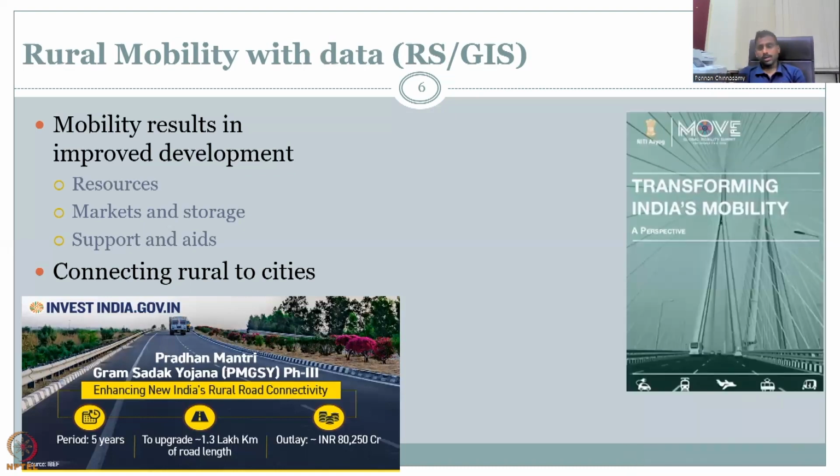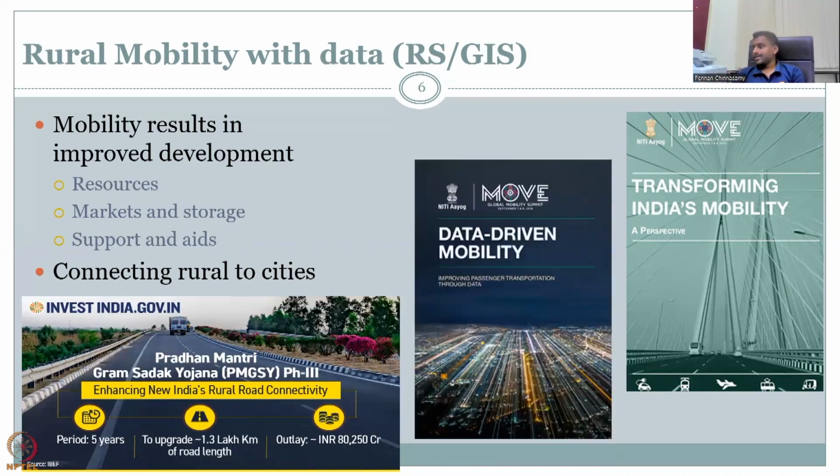And Niti Aayog's white papers have come up, books have come up on transforming India's mobility. You could see down, it includes everything from small scale buses, planes, trains, and also the EV sector. Electric vehicles are going to come big in India, but you need to know where to put the recharge stations, how the roads are good enough, because these EV vehicles, electric vehicles, do not have long range for a particular price, right? So to support that, they have to be recharged quite often, 200 kilometers, 140 kilometers. And for that, there should be recharge stations. And a lot of data is needed for this